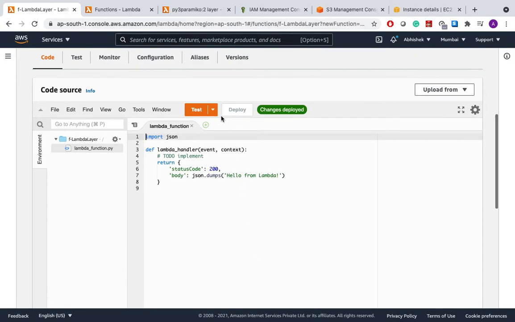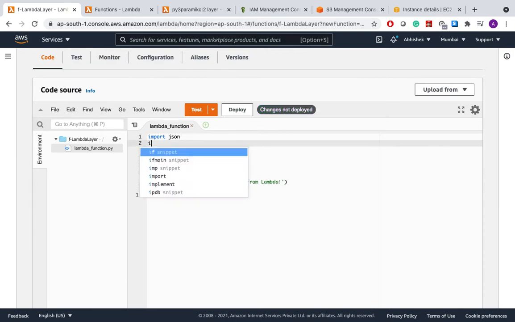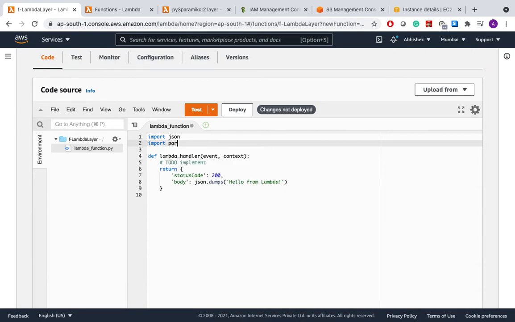It is a basic function where we are importing the JSON library and we're just returning hello from Lambda. So just to test it out, we'll import the library, import Paramiko. Now this library is not supported by default by the AWS Lambda, hence it will throw an error. And to mitigate that, we have imported that library and we have created the layer.